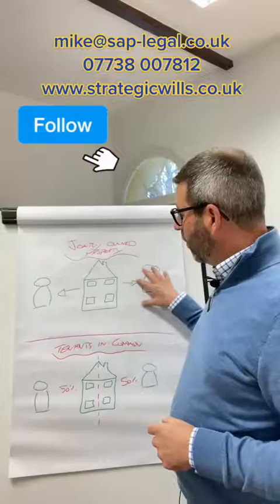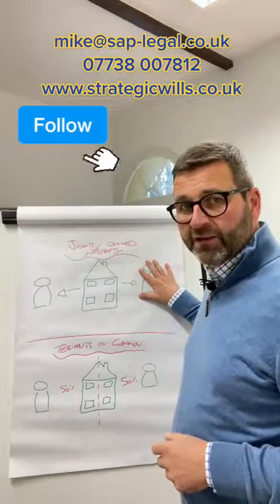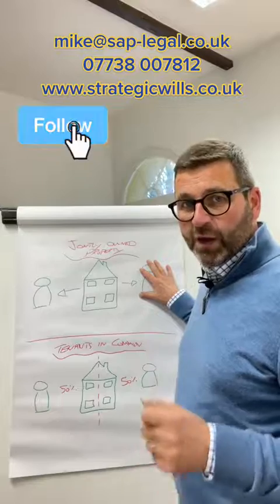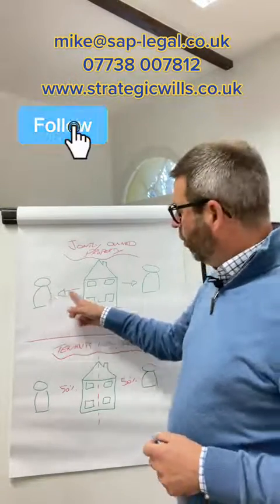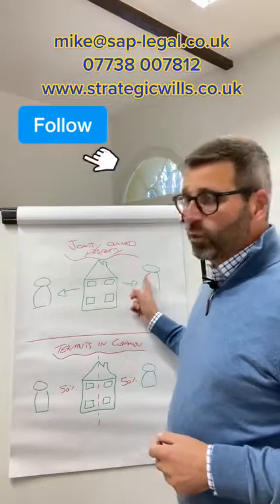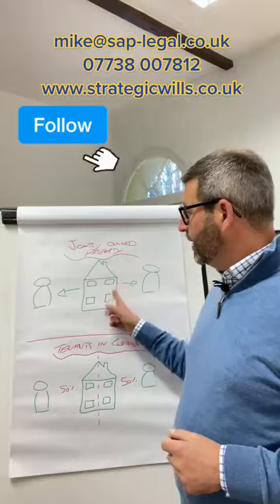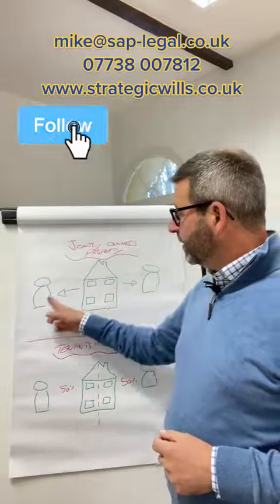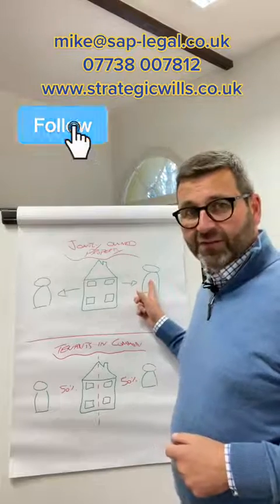So regardless of what happens, if one of you passes away, the house will automatically pass to the surviving joint owner, regardless of what you've put in your will. Any jointly owned assets will always pass to the surviving joint owner. That's really important to understand. So from an estate planning point of view, if the house now passes to, let's say, the wife,